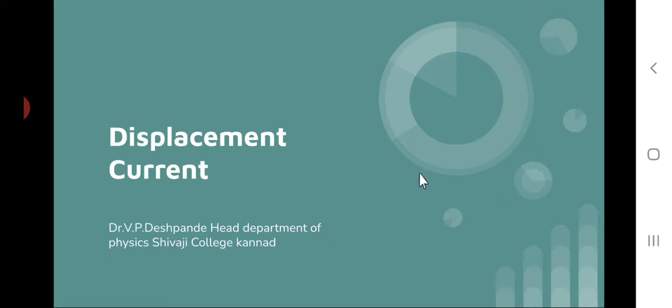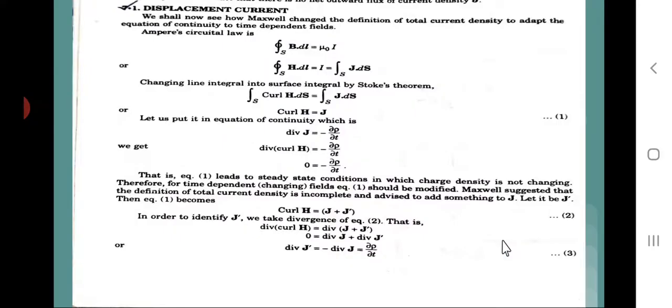Now today we discuss the displacement current. We shall now see how Maxwell changed the definition of total current density to adapt the equation of continuity to time dependent fields. Now Ampere's circuital law is given by the closed line integral of B dot dl is equal to mu 0 I,